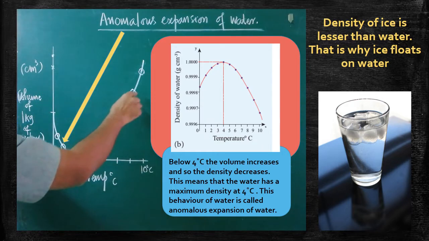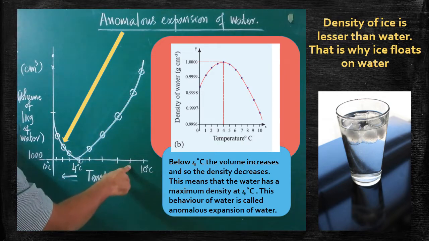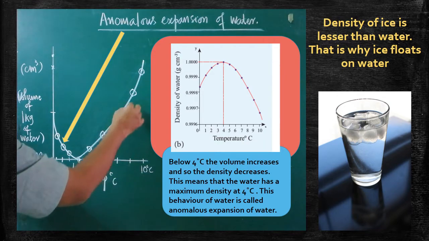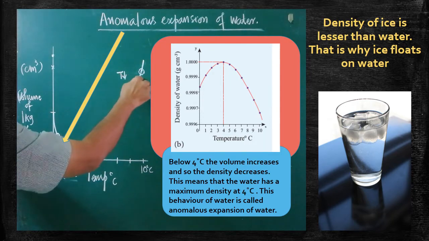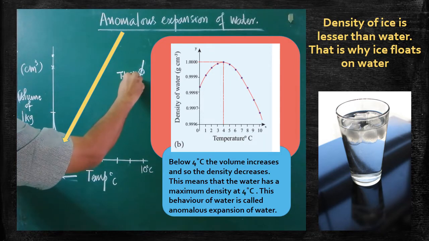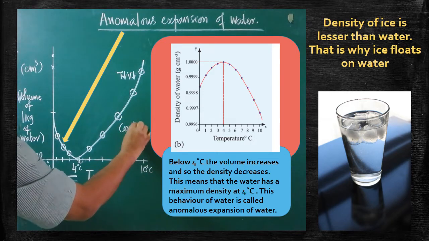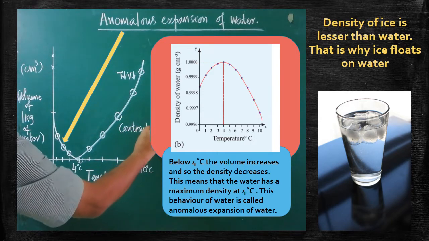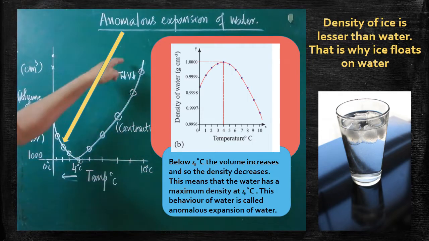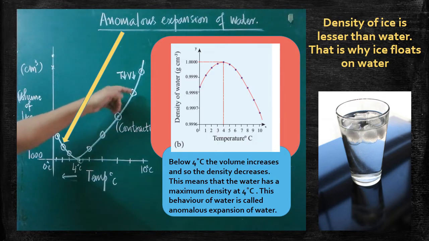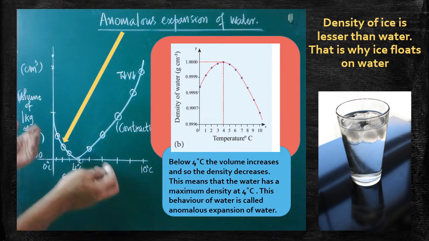Are you clear? So if the temperature is reduced from 10 degrees Celsius to 9 degrees Celsius, what happens? Temperature decreases. When temperature is decreased, volume also decreases. Volume decreases means which one takes place? Contraction takes place. When the temperature is reduced, volume is decreased. Therefore, contraction takes place. That is the usual behavior of all objects.